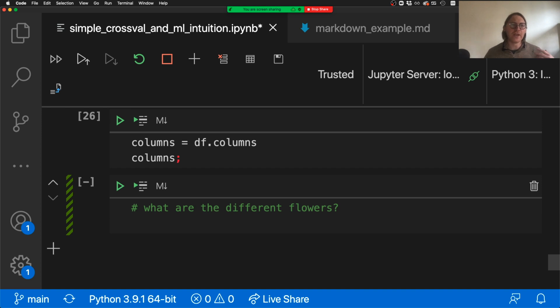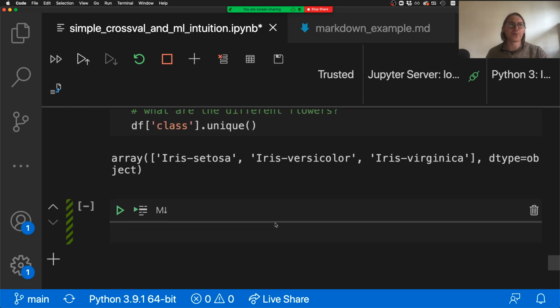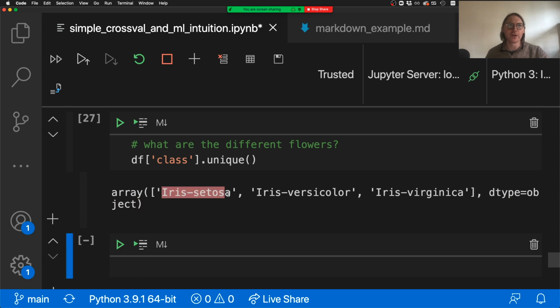So I know that there are some different kinds of iris, but I don't know the names offhand. The way I can find that out is df.unique. So we have iris setosa, iris versicolor, and iris virginica. So we've got 3 targets that we're considering. These are the ones we're going to try to predict, these 3: setosa, versicolor, and virginica. Okay, and then offhand, if I want to know how many rows are here, I can